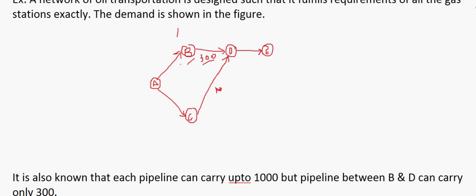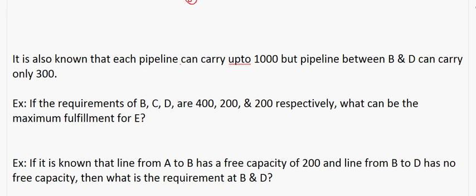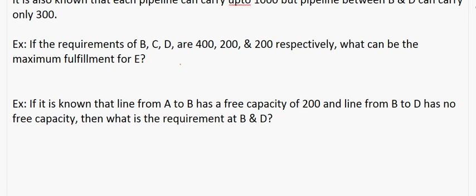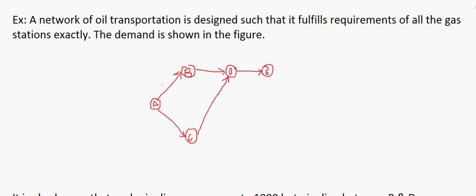Now let's remove what we have written, because the second question might be different, the values might be different, right? The second question says, if it is known that the line between A and B has a free capacity of 200 and the line from B to D has no free capacity, then what is the requirement of B and D, right? So this is a little bit ambiguous question. It says that A to B has a free capacity of 200, which means it is carrying 800. What could be the requirement of B? So it has to be 300 maximum going to D, so it is 500,